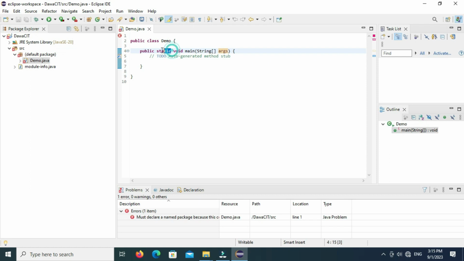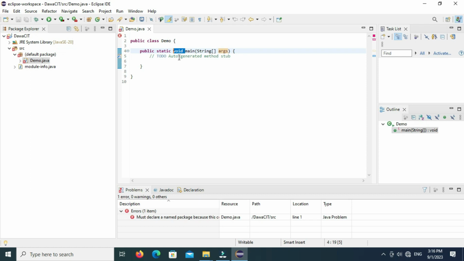Now let's talk about static. Here static is kept so that we do not have to create an object of this class. Means without creating an object, we can run the function of this class. Okay, if we talk about void, then void means nothing. It means that the main function does not have to return any value. If you write any other data type instead of void, then your value will be the return type. Okay, so this was our simple code of Java. I hope you must have understood well.